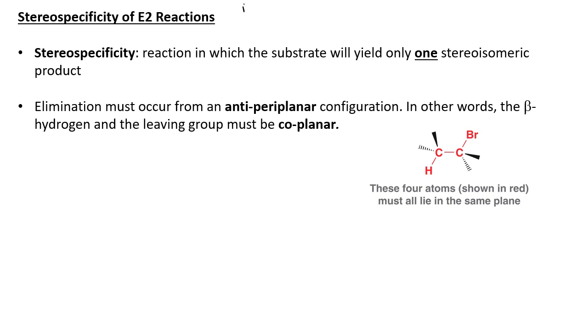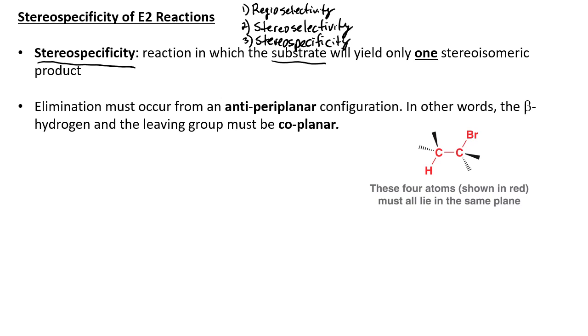Stereospecificity is different. So we did regioselectivity when there were beta hydrogens on different carbons that we could remove that gave rise to our Zaitsev and Hofmann products. There was stereoselectivity where we had beta hydrogens on the same carbon that gave rise to cis or trans products, trans being the major, always. And then we have stereospecificity. Stereospecificity occurs when our substrate can only yield one stereoisomeric product. You can recognize